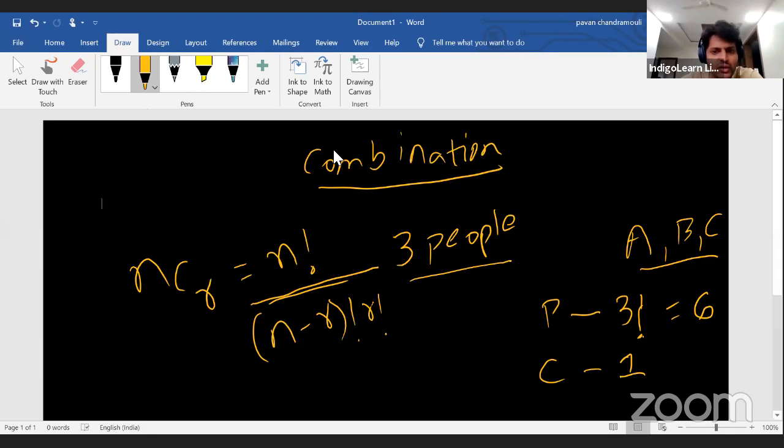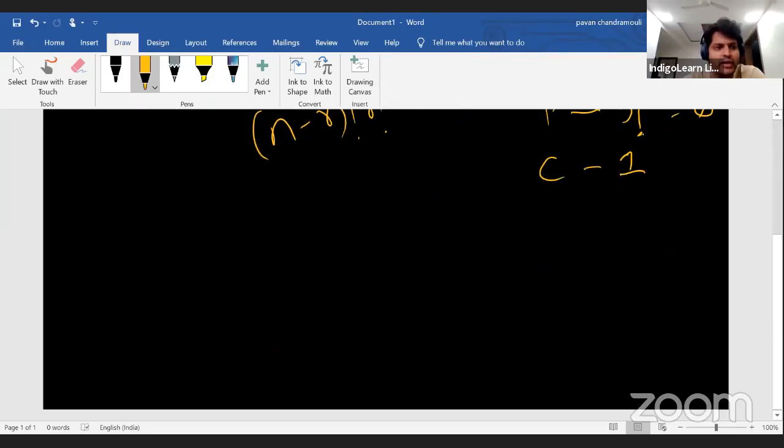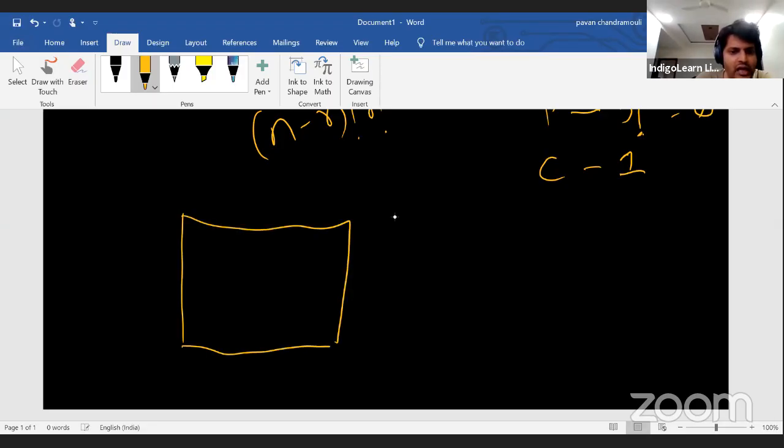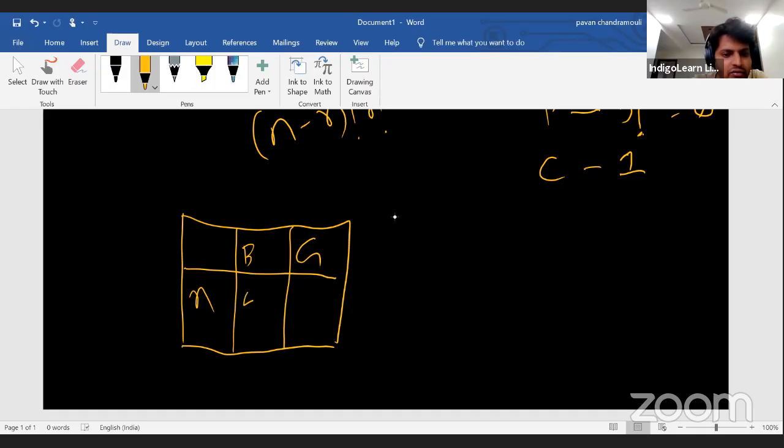Let's try to discuss this with a small table and a small question, guys. I'll draw a small table and help you understand this. Let us say boys and girls, let's look at the numbers. Let's say for a job interview, 5 boys and 4 girls have turned up. The total number of positions that I have to fill is 3. So I have only 3 positions, and the number of boys is 5, the number of girls is 4.